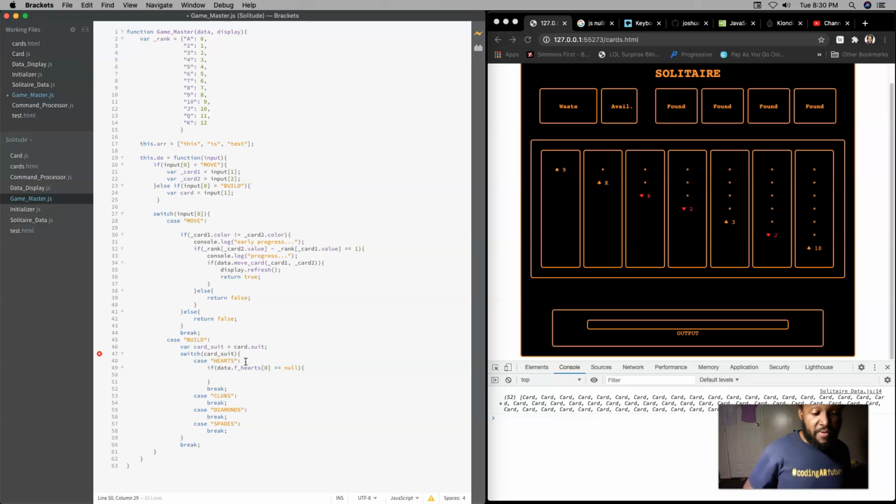Then I want to check if card.value is an ace. Then I can go ahead and call